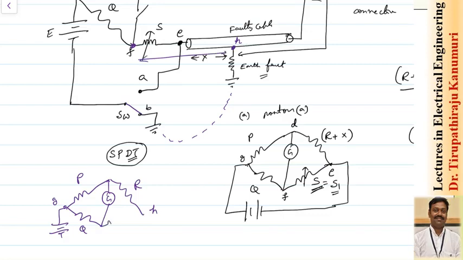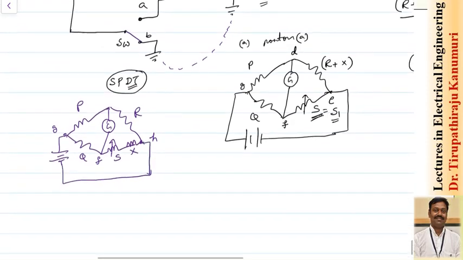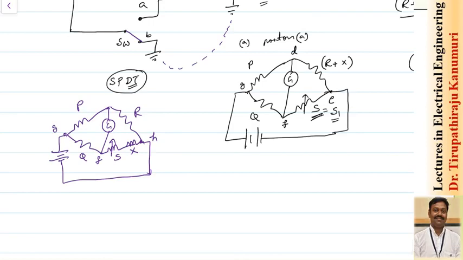What is the entire part that is connected? Two things are there. One is a variable resistance S, and there is one more resistance that depends on the value of X, where X is the unknown value or the distance. So this H value is equal to F. Getting it? This H is connected through the ground back to the battery. I hope you are able to visualize. So X is now connected in the circuit with S. Again S is varied, and under balance condition I take the value of S as S2. Under balance conditions, I can write this as R divided by X plus S2.